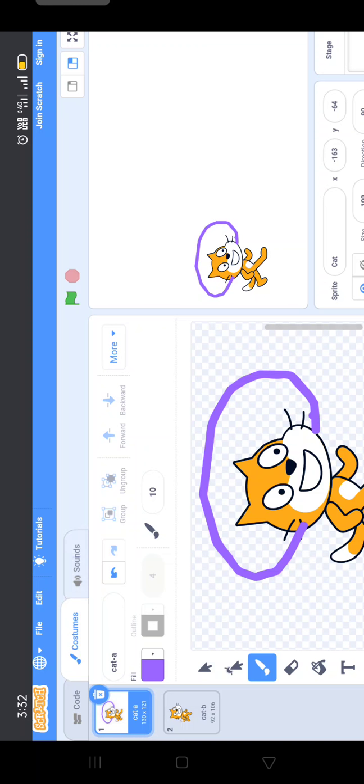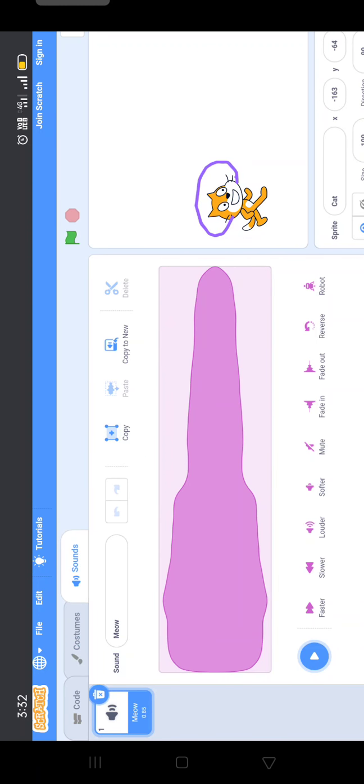And next, the sounds option is available here. This tab allows attaching sounds and music to a sprite. Already it is attached here. When I click on this play button, you can hear this sound. This sound option allows you to add music or sound to your character.